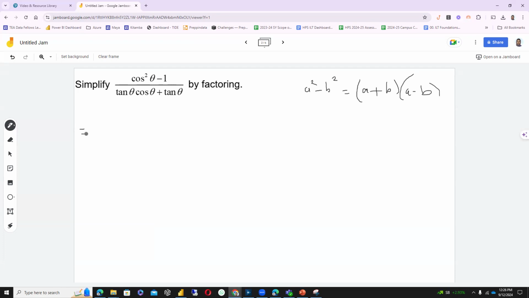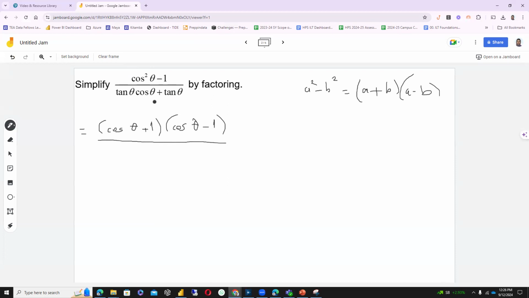Therefore, when I look at this question, I do recognize that cosine squared theta minus 1 looks like this expression I have over here, where a value is cosine of theta and b value is 1. So I can use the formula in order to factor it. I need to write cosine of theta plus 1 times cosine of theta minus 1. That's how we use factoring to change this expression to two different factors all over